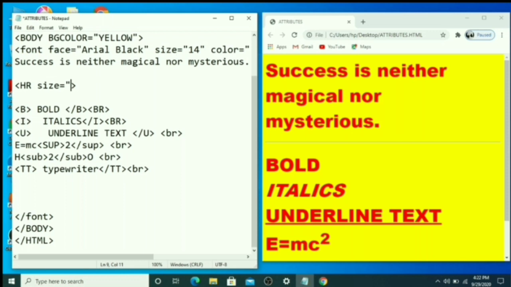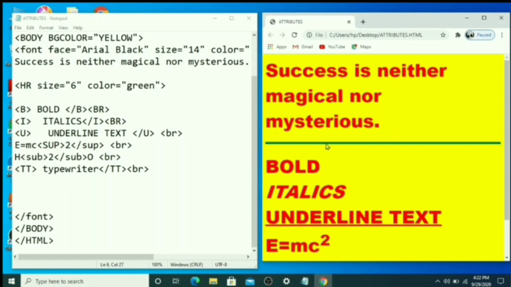Suppose I'm giving 6, and the color should be green. So now you just press F5. So now you can see this is a horizontal line.